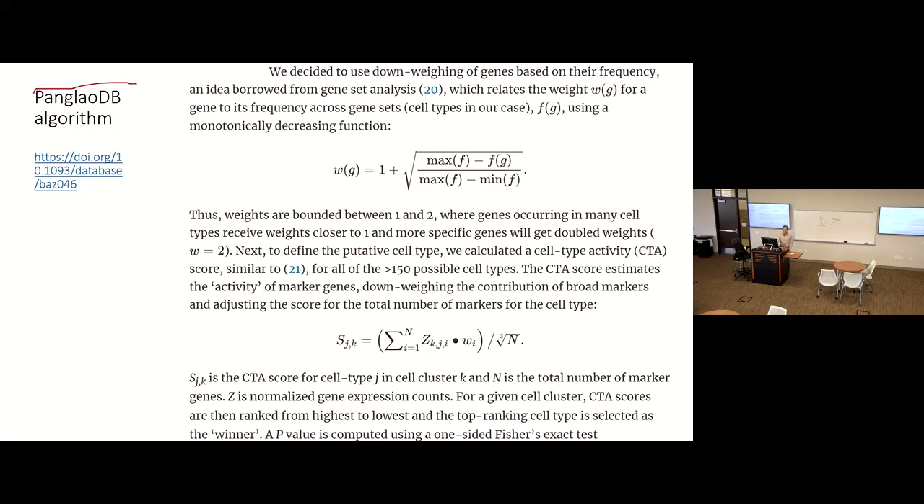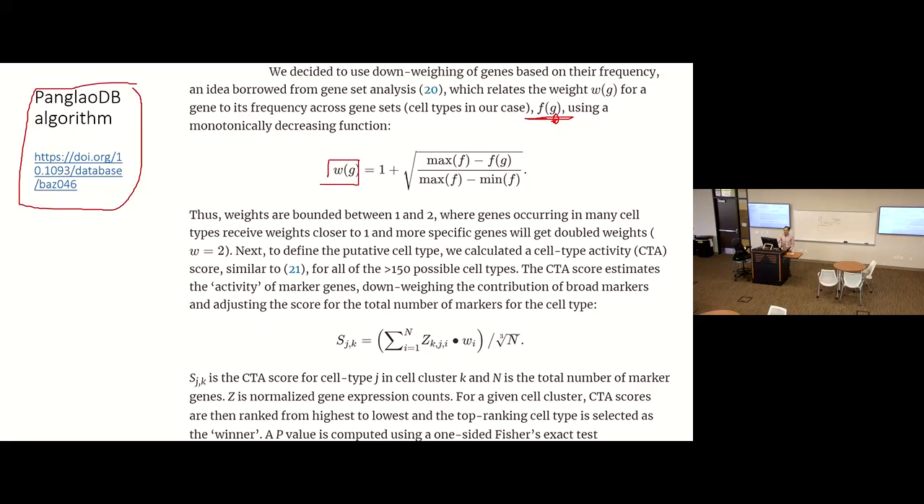So I want to mention the algorithm of PanglaoDB uses the marker gene expression to assign cell type, because this is the algorithm I re-implemented in MATLAB, and I also use the PanglaoDB database to assign the cell type. So in the MATLAB interface, when you click automatically assign cell type, I use the algorithm here. This algorithm first considers giving each marker gene, using a function,